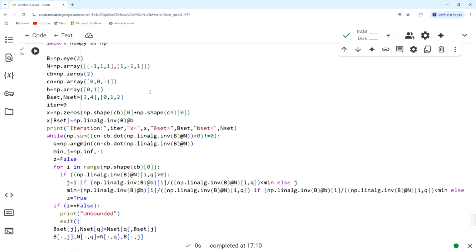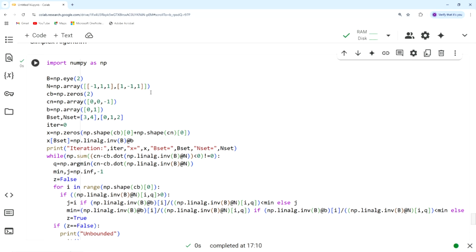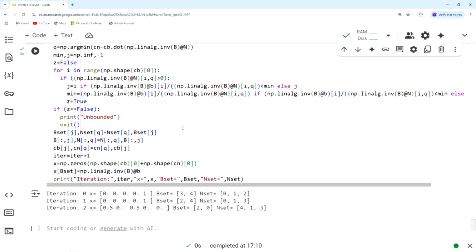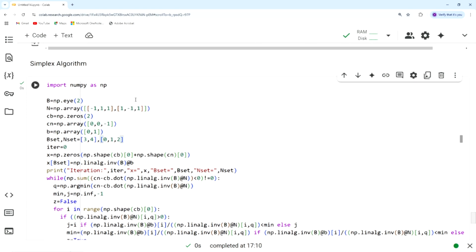Okay. So, this is the coding of the simplex algorithm. If you want to code for other linear programming problems, please note that you only have to change part, right, B, n, C B, C n, capital B set and capital N set. So, if you change that and keep the other part the same, of course, you will still get the answer. Okay. So, I actually want to work out more problems because this algorithm is really complicated,